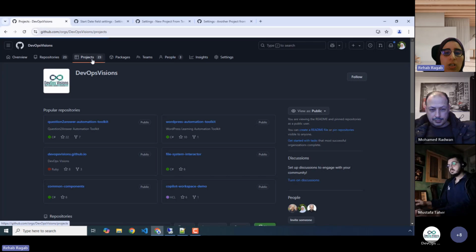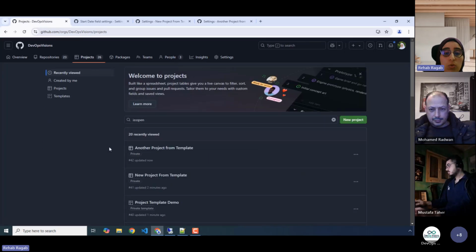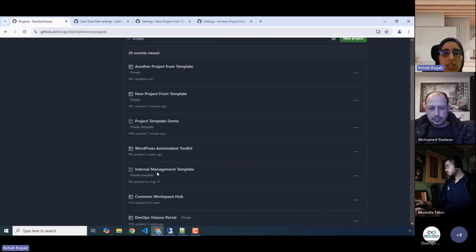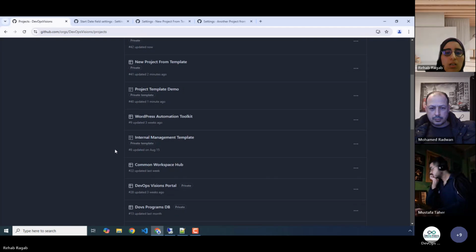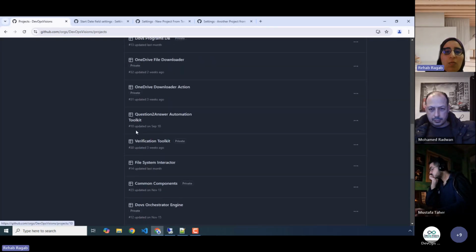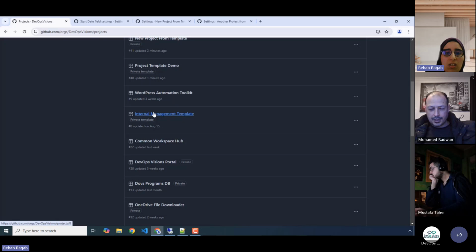So in our organization, we use a template project. This is the internal management template, and all these projects are created from this template. Let's have a look.